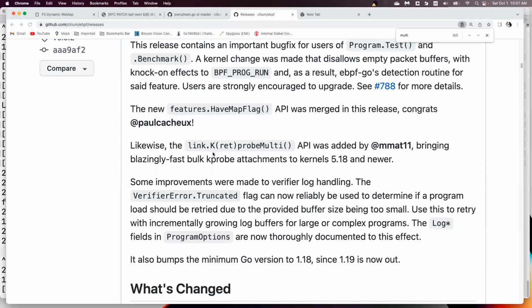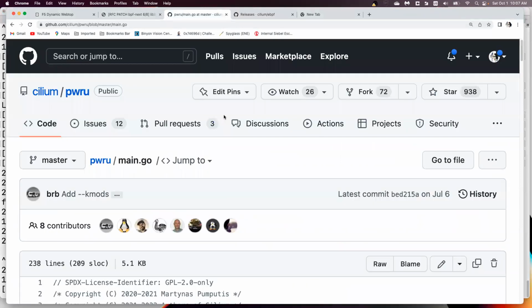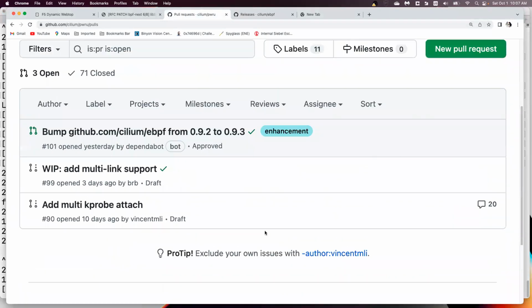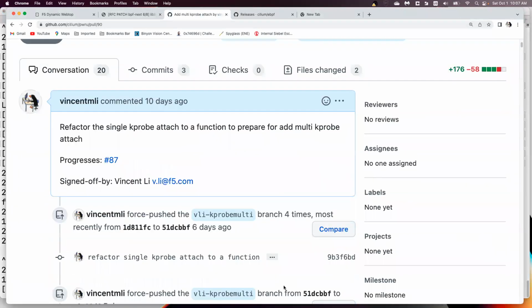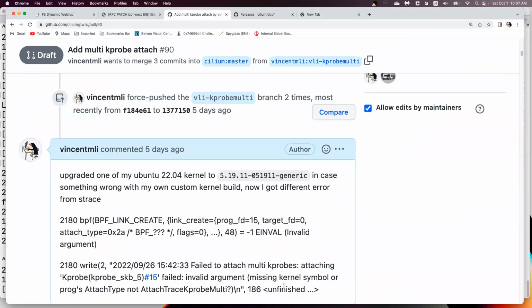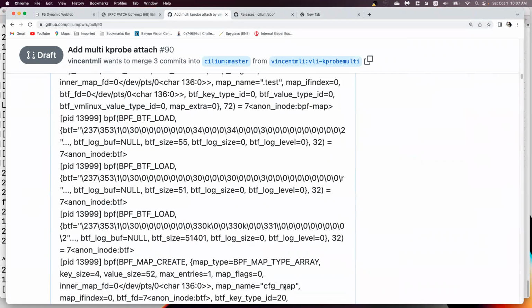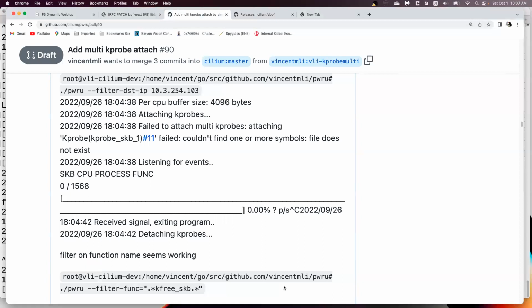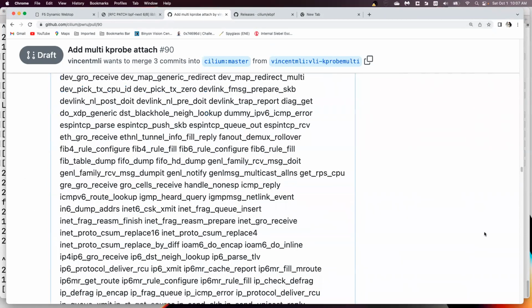I will show you my hack PR request. So in this pwru, I have a draft PR request. This is a hack PR because the code is not well designed, but it works. So I'll explain why the operation is not supported. It's because, I think, it's in the last